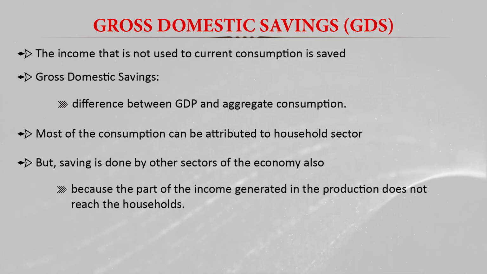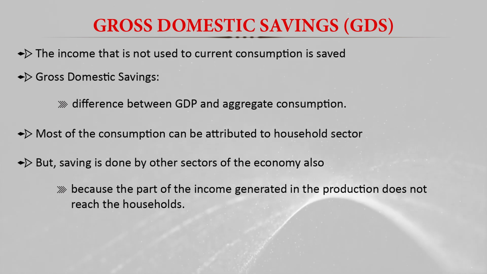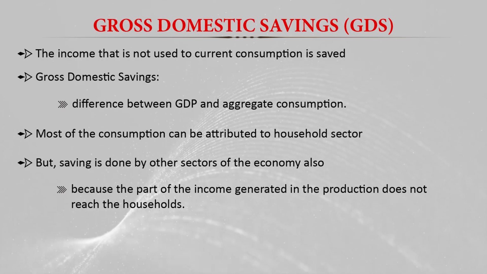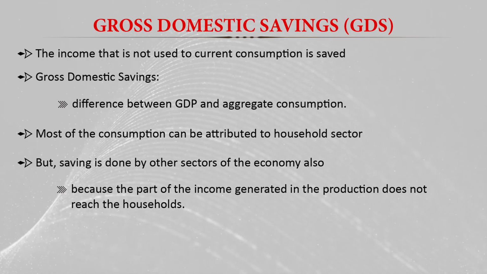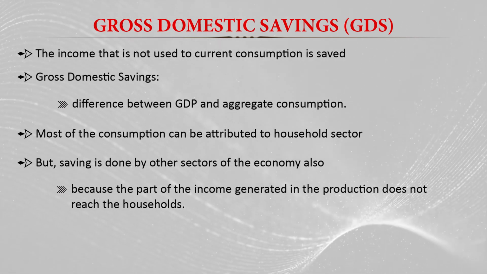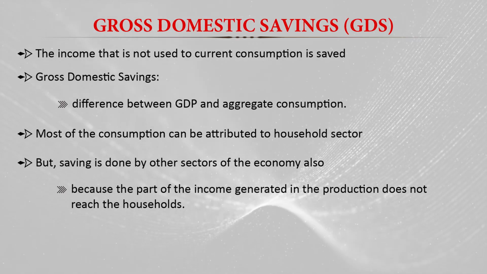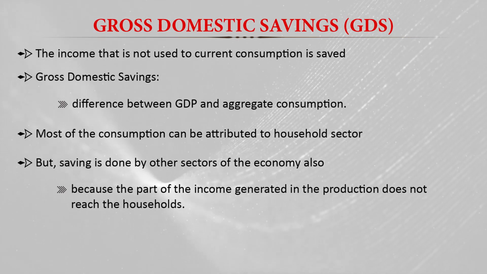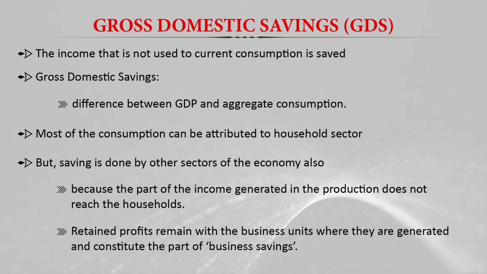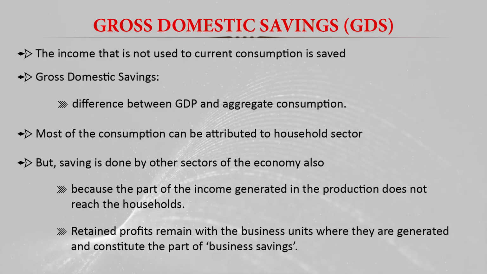the part of the income generated in the production does not reach the household. Although some part of the value addition from the production activity does not reach the household for consumption purpose, that amount is saved basically. Sometimes in the private sector or public sector, they have the retained profit margin with the business units where they are generated and constitute a part of the business saving. So the saving is there at the household level, as well as at the business